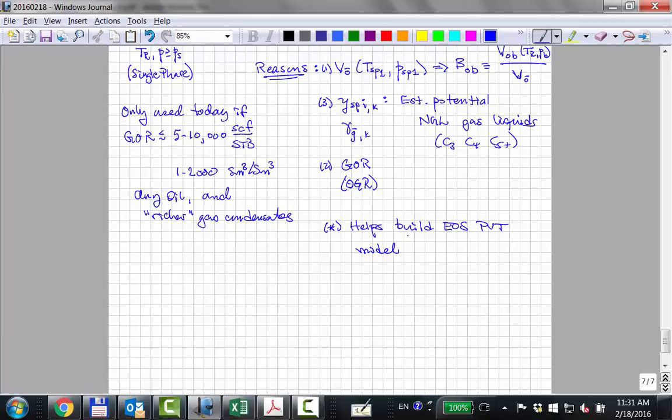You remember this map I gave you of pressure, composition, temperature, kind of where things were going on in the reservoir and the production system? Well, these are the only data they're going to measure that apply up at the surface. And what we do at the surface in trying to extract out maximum liquids is very dependent on those calculations up there. So you're also helping to build the equation of state model specifically